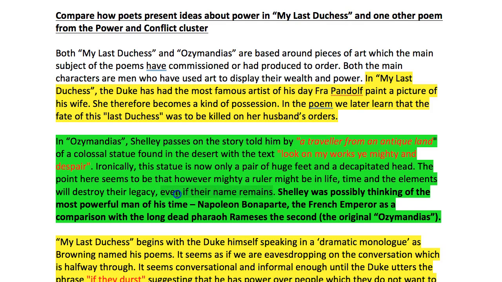So that now their name remains, refers back to this quotation, but actually he forgot the bit that goes at the beginning. My name is Ozymandias. Look on my works, ye mighty, and despair. So again, it's a slightly weaker response at the beginning, and that's typical of what happens in the exam. Because at the beginning you're not fully in control of the question.